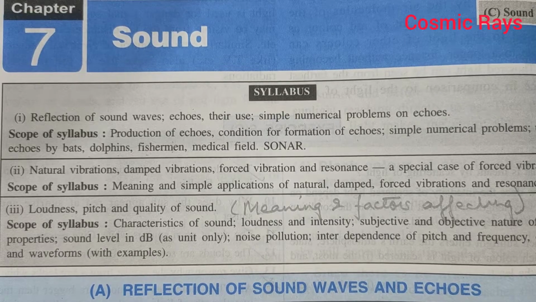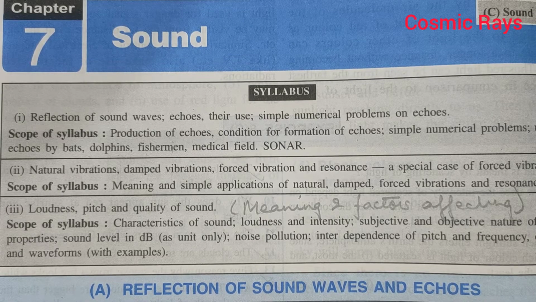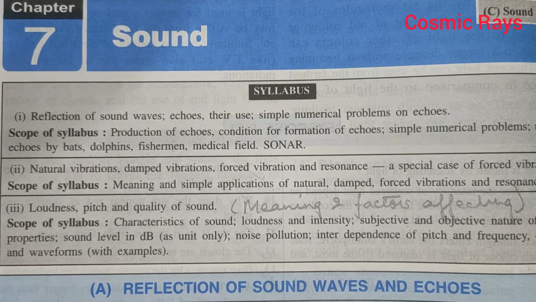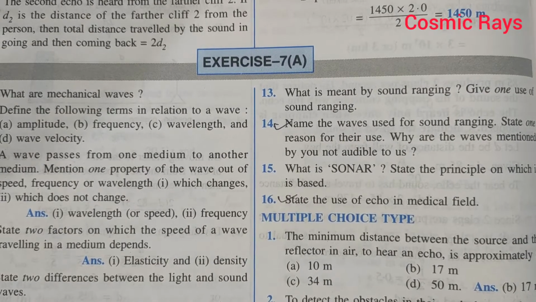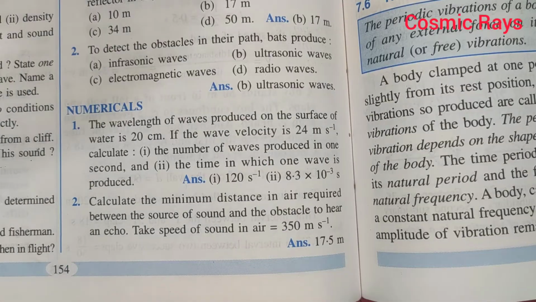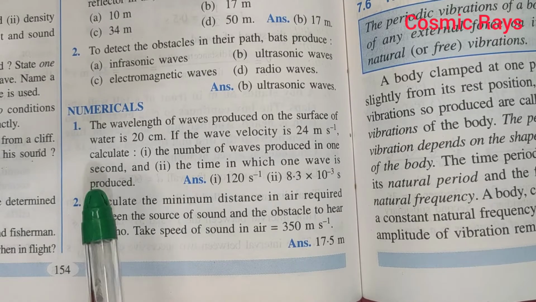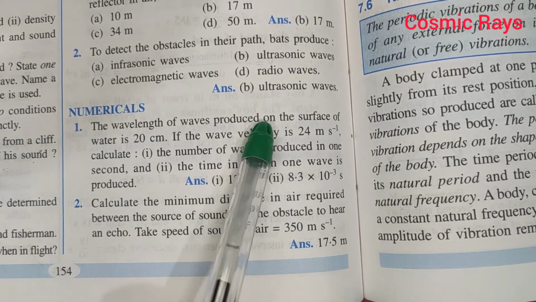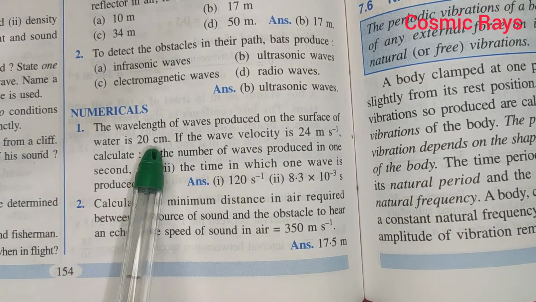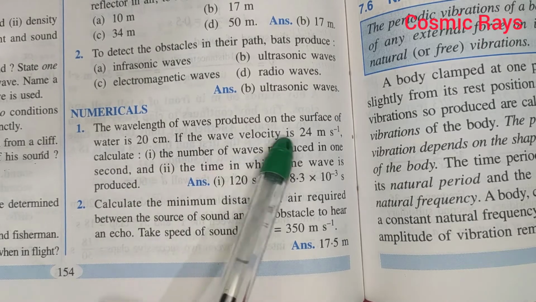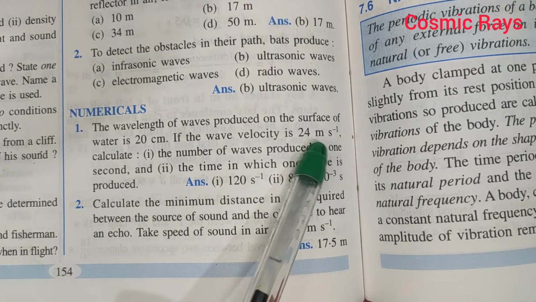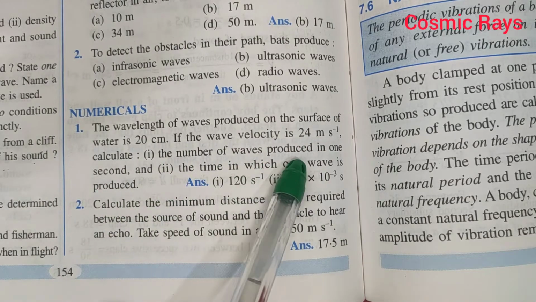Hello friends, in this AV we are going to take up the numericals of chapter 7, that is sound, of ICSE class 10 physics. We are taking up the numericals from exercise 7A. Here the first numerical says the wavelength of waves produced on the surface of water is 20 centimeter. If the wave velocity is 24 meter per second, we have to calculate the number of waves produced in 1